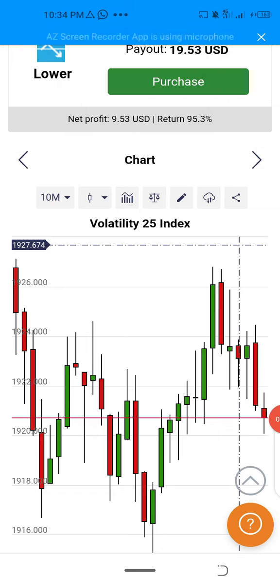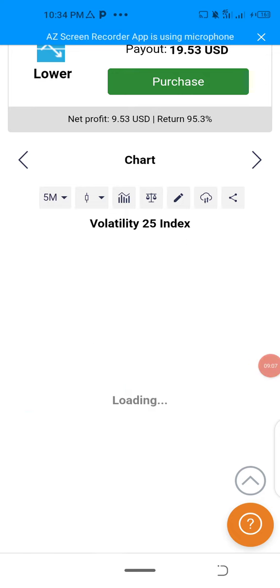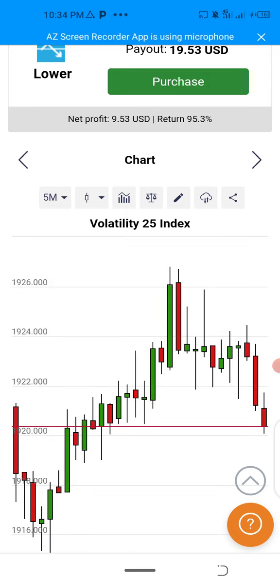And as you can see, this place right now is telling you automatically that the 5 minute trend is going to go down. So what we are going to do is change this right away and put it back on 5 minutes. That tells us that our trade is saying that in the next 5 minutes it's still going to go down.